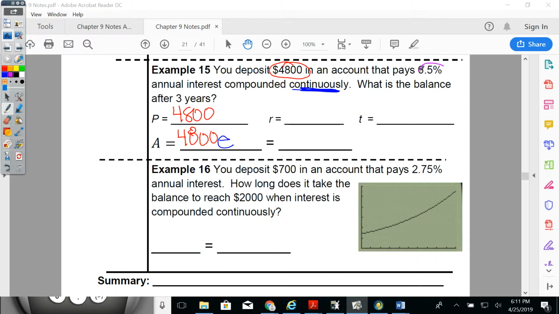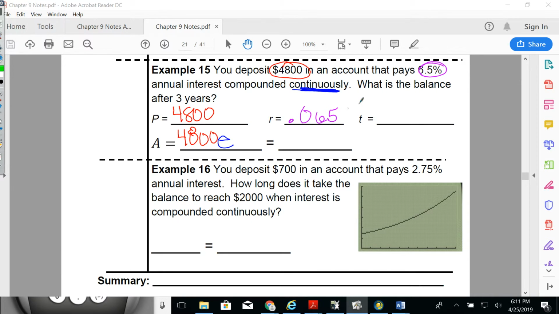All right, my rate, 0.065, because I move it back twice. Multiply by 100 is 2 decimal places, so 0.065. And I'm going to multiply that by T, which is